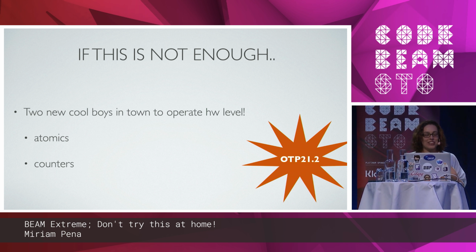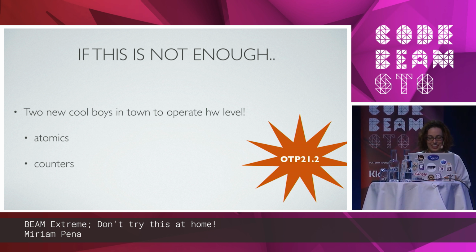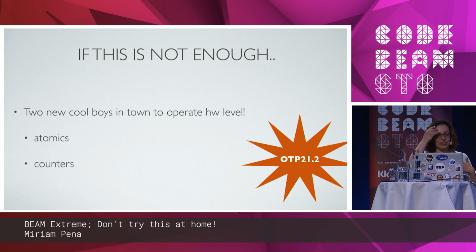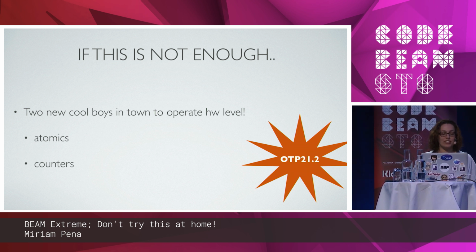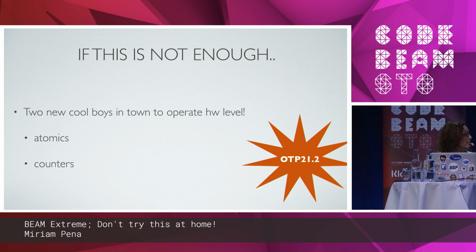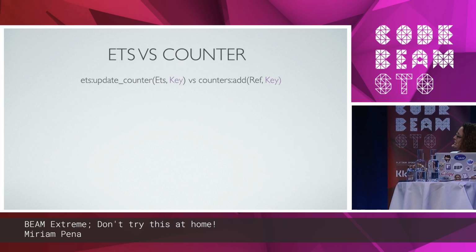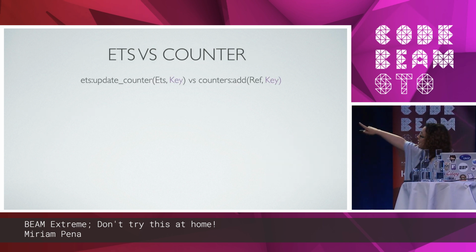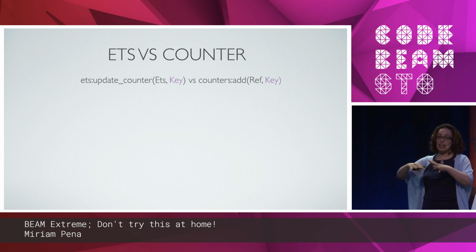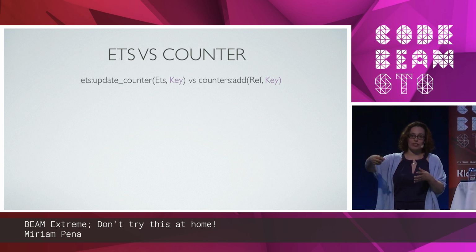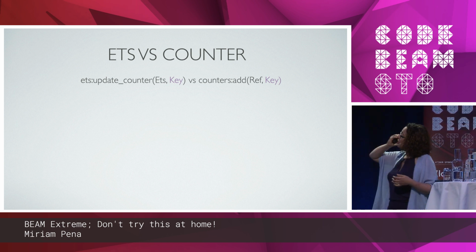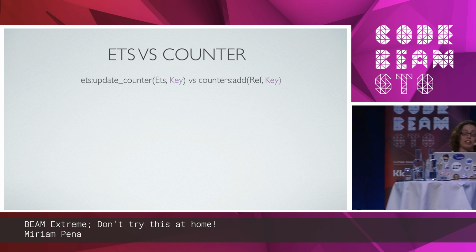So these are low-level hardware atomic instructions with no locking, no cost. They work with 64-bit integers, and they let you do operations on arrays of that fixed size of 64 bits. Counters is an abstraction on top of atomics, which I'm actually very familiar with. And the typical usage will be, instead of using an ETS update counter, like if you have a counter and you need to increase a value by 1, 2, 3, you could traditionally do ETS update counter. Now you can do a counter add, and that will be super fast, low level.